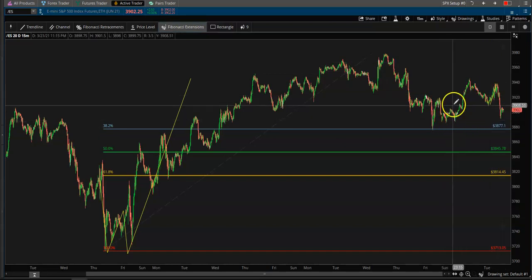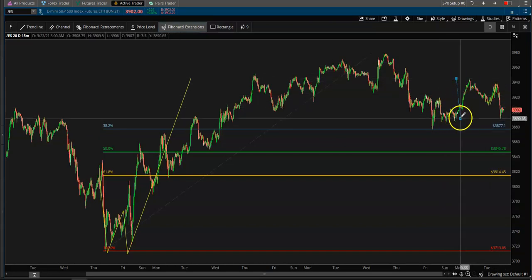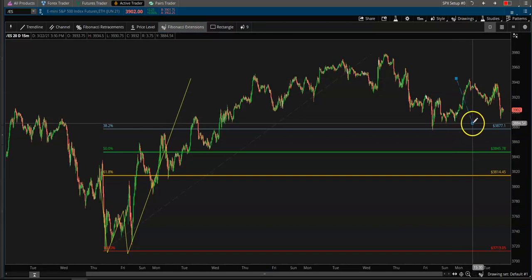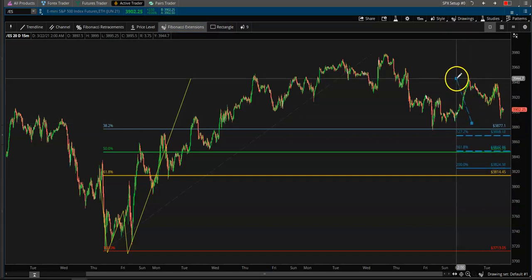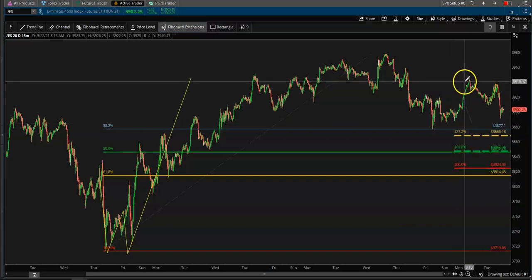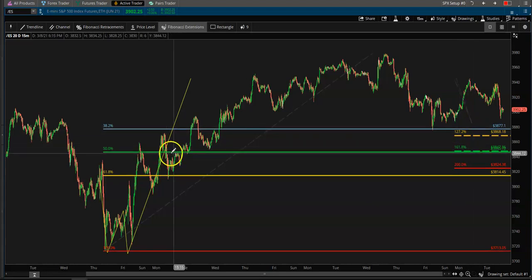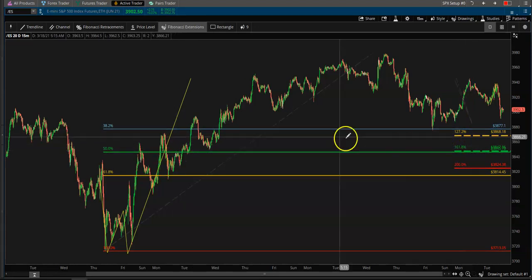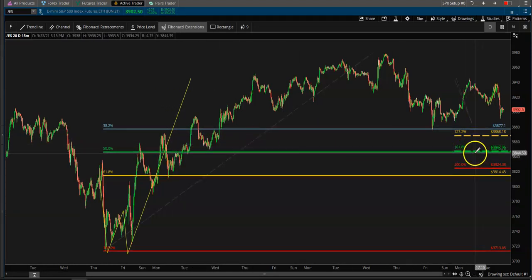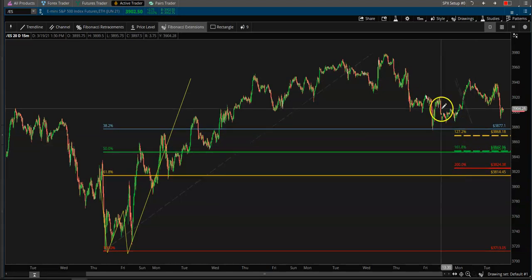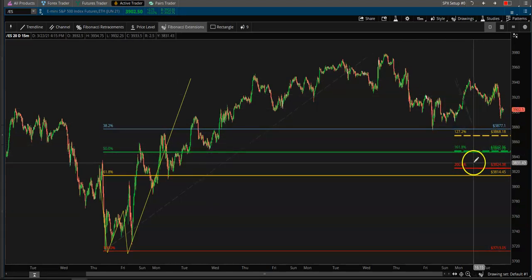Okay, and let's draw from the high to the low and then back up. Okay, right back up to the high. Well, we see the 127's right up around the 138, give or take. The 1618 is right at the 50%. So we now have another layer of confluence for price potentially to bounce. And then we have our 200 right by our